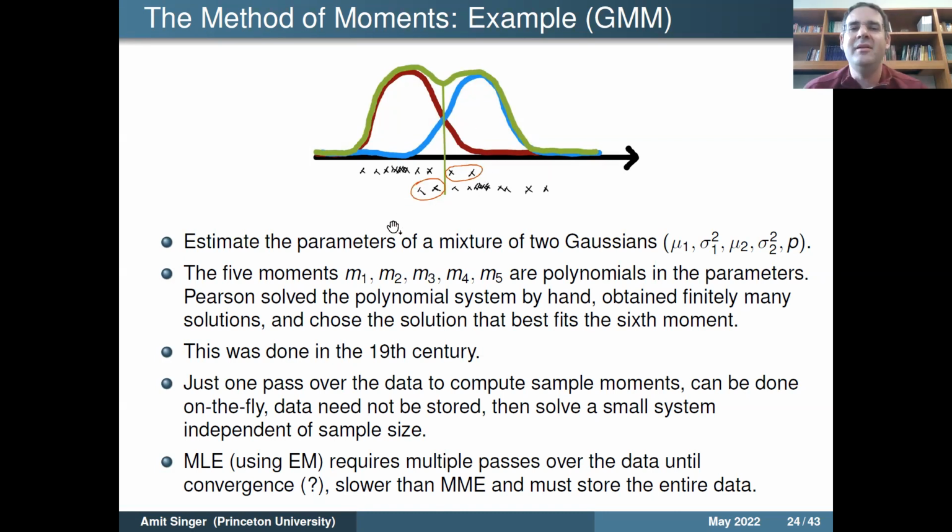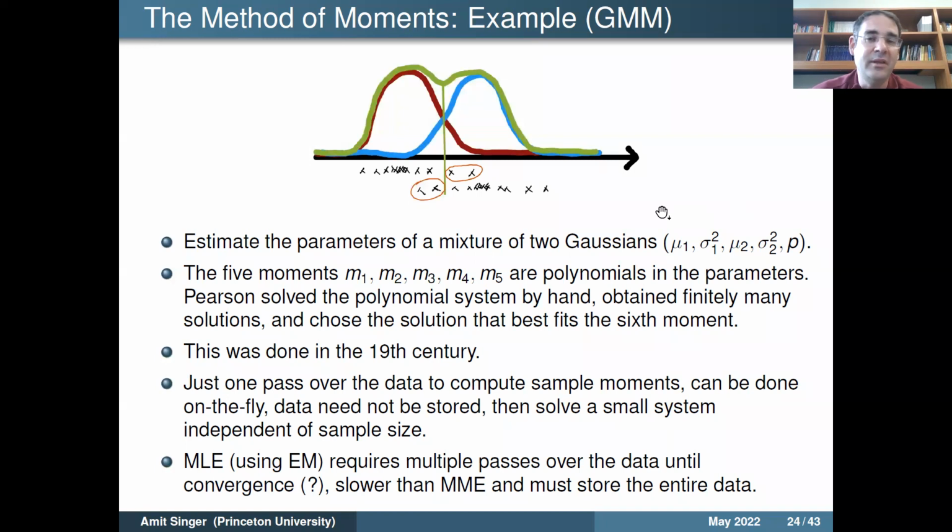Even in the MLE framework, this is not consistent, because the number of parameters you try to estimate when you do clustering scales with the data size, and consistency is guaranteed only if the number of parameters is fixed. However, if you just try to estimate the 5 parameters of the mixture, the 2 means, the 2 variances, and the mixing proportion, then